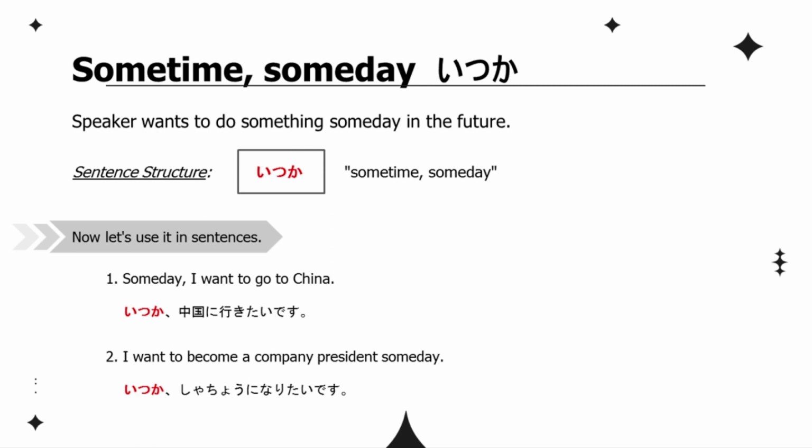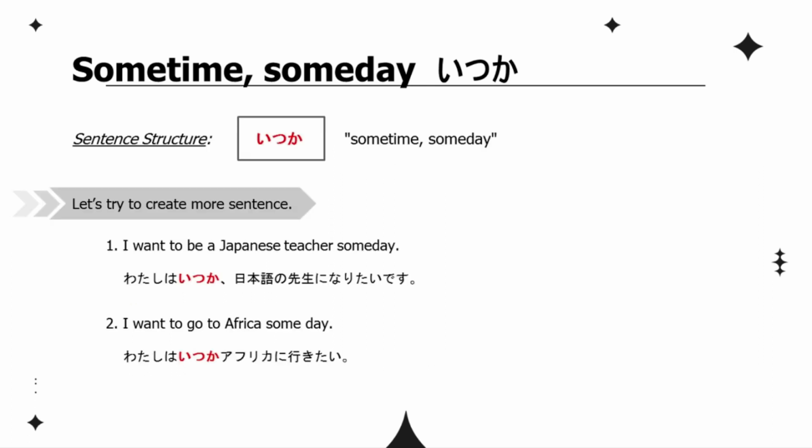Look at another example. I want to become a company president someday. いつか社長になりたいです。私はいつか日本語の先生になりたいです。私はいつかアフリカに行きたい。